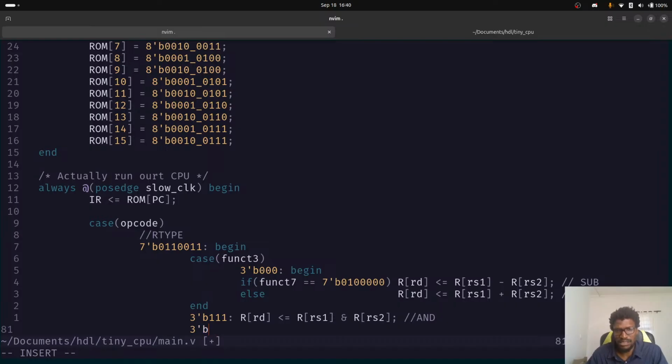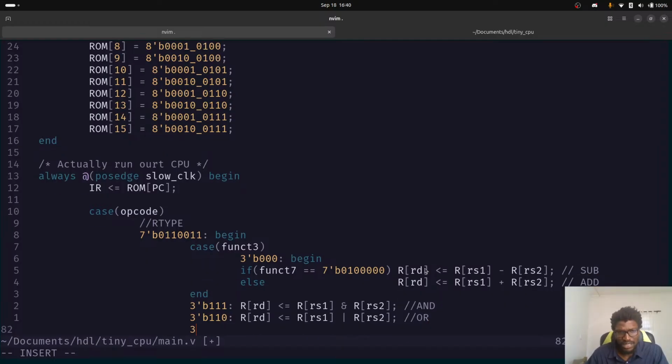Okay, and then the next thing I want to do is 3B, I think this is 110, and then in here we want to do RD, it's always RD, and then we can do a non-blocking assignment operator, and then we can do RS1, and then here we can do an OR, I think. And then here we can do RS2. Okay. And then that is that. And then we can label that an OR. And then we can do 3